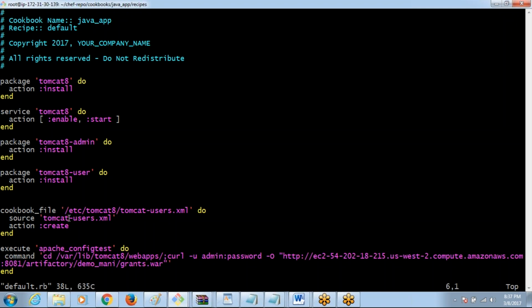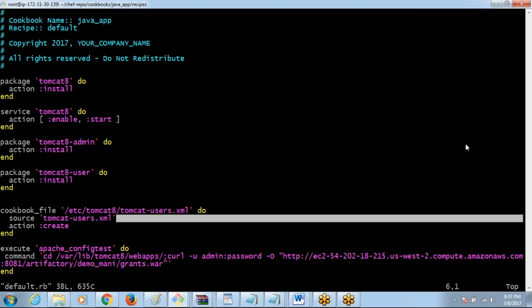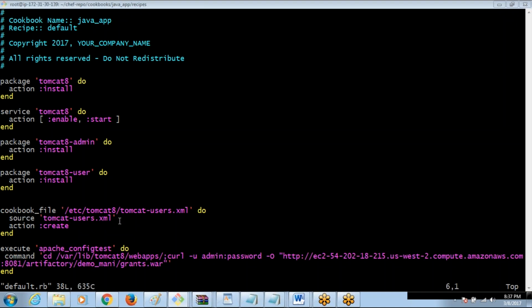So the source will be, you see here, if I am just mentioning the source, you can ask me where the source will be taken from, correct? Where can this be taken from? So in this case, what you can do here is,